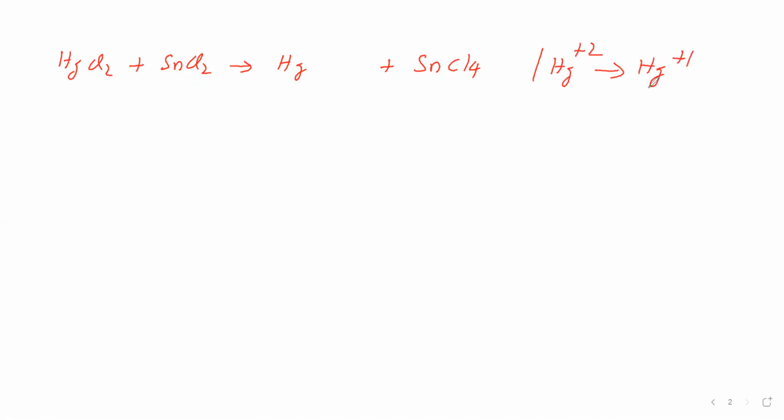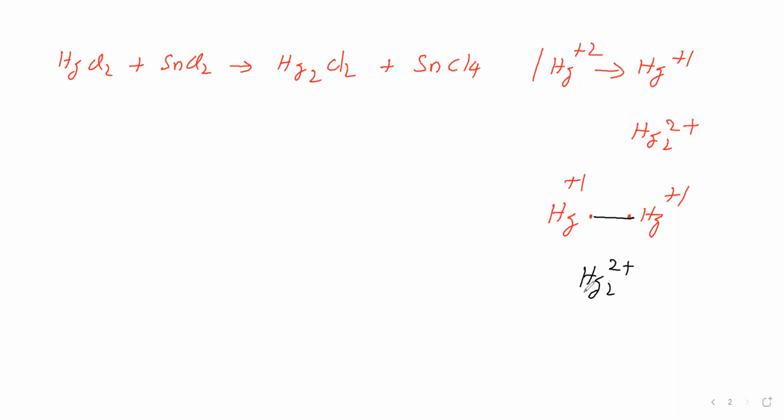This mercurous exists in dimeric form. The dimeric ion is Hg2 2 plus. Therefore, mercurous chloride is dimeric like this. Why does Hg plus undergo dimerization? Because mercury valence shell contains 2 electrons. Hg plus means this valence shell contains one unpaired electron. These two unpaired electrons make a bond. Therefore, we are getting Hg2 2 plus. So, the mercurous ion exists in dimeric form.